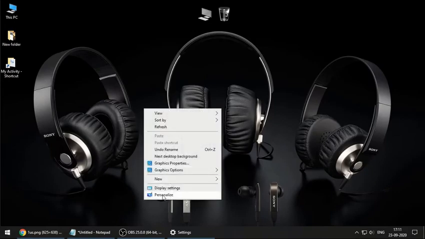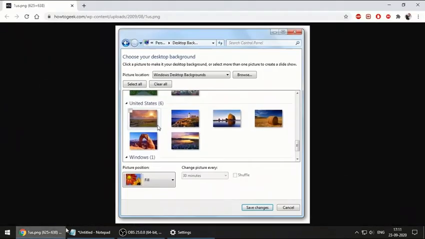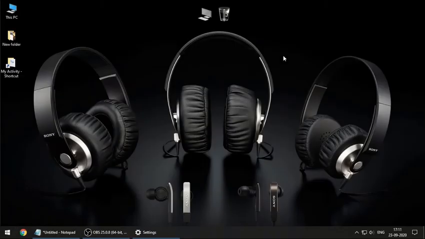Now when you do this personalize thing, what will open in Windows 7 is something like this. You can select whichever photo you want. You can see this one small box over here. This is known as a tick box. You can tick whichever photos you want as wallpapers and then click on Save Changes. So your desktop background will be changed. As you can see, this is the image over here. This is my desktop background.